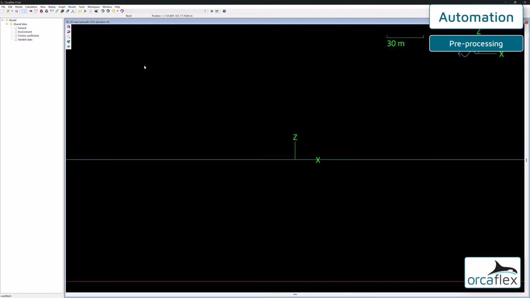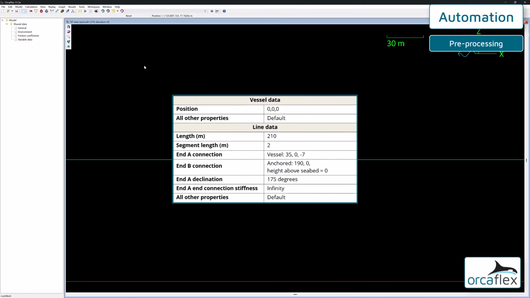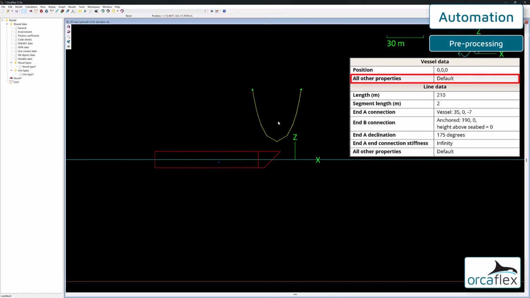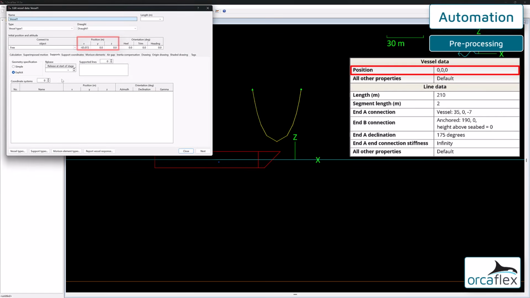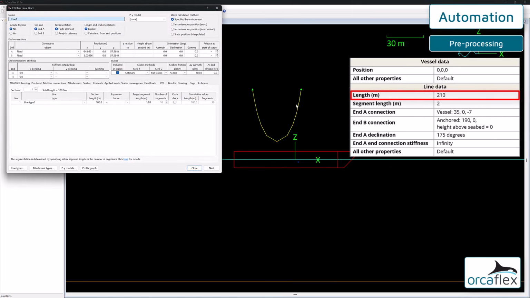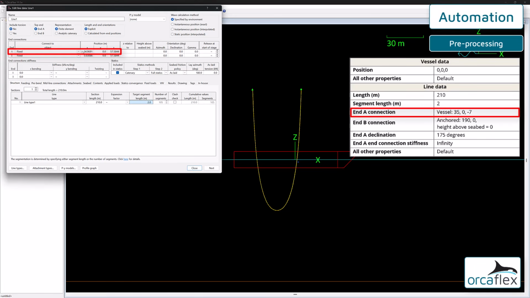We'll start by creating a very simple model to use as a base case, which has the properties listed in the table. Insert a vessel and a line into the model. The vessel can use the default properties and should be placed at the global origin 0, 0, 0. The line should be 210 meters long with 2 meter segmentation, with end A connected to the vessel